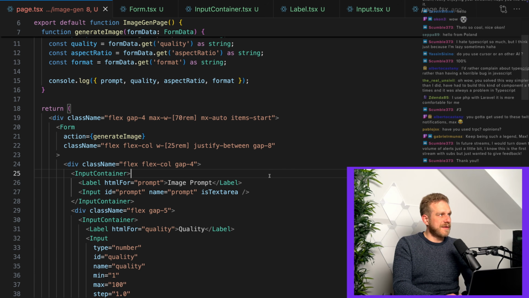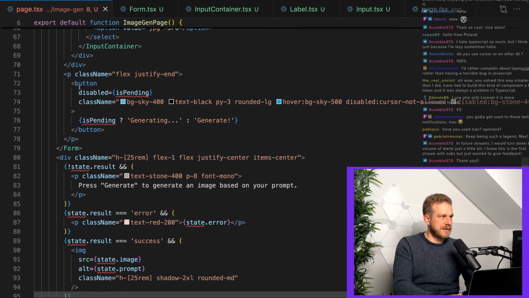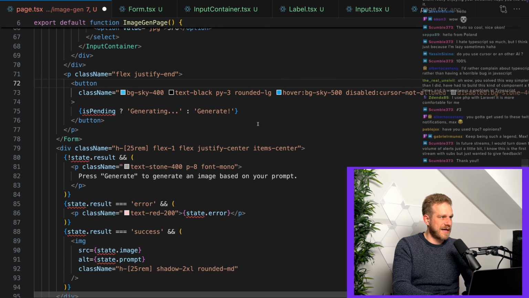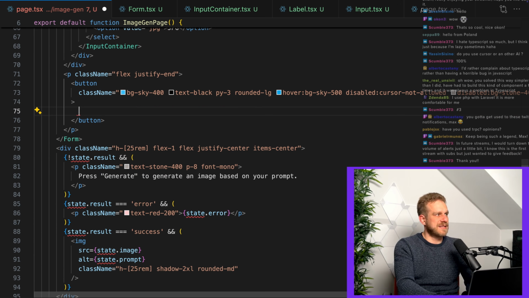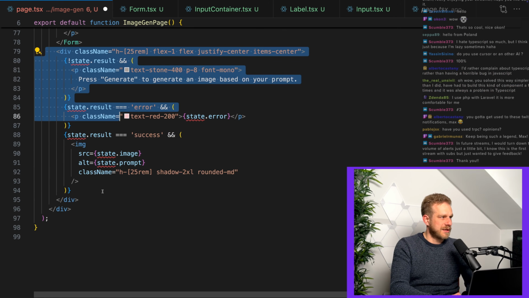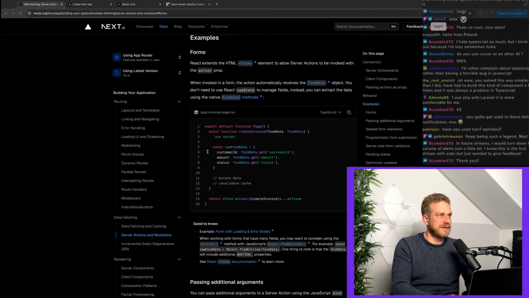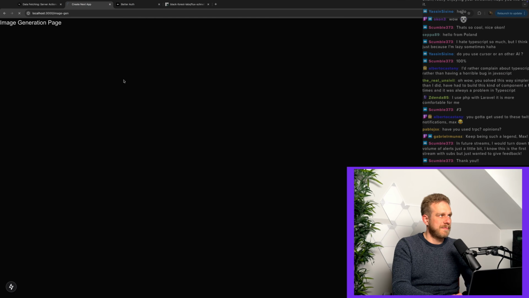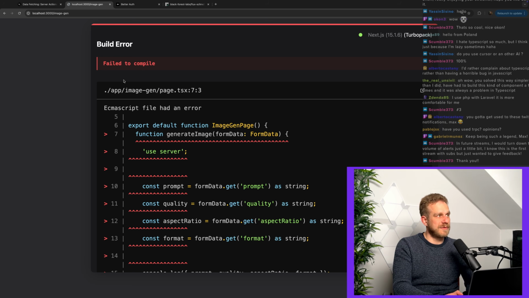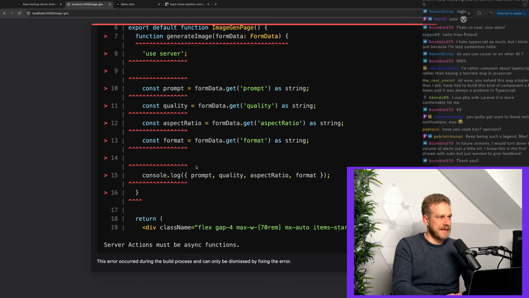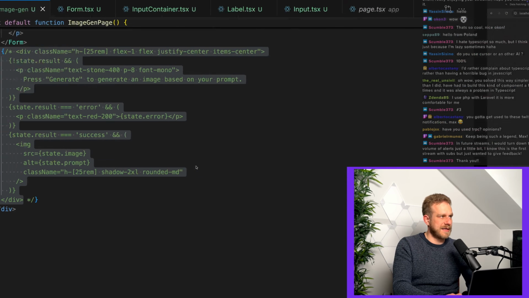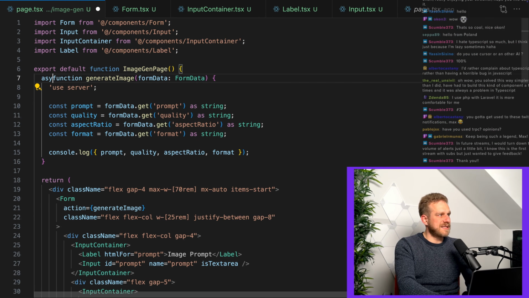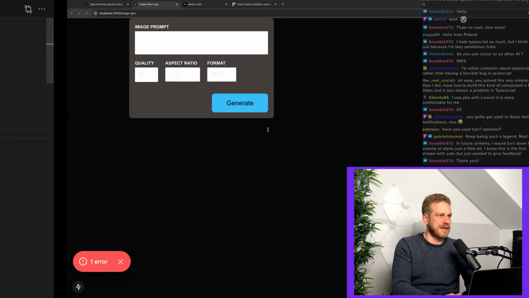Okay, so let's see if that works. Of course, for that, I first need to get rid of all these errors. So actually, let's get rid of that isPending stuff here. Let's just say, whoops, generate here as a caption and comment out all that stuff. And with that, back here, we should hopefully get our... ECMAScript file had an error. Server actions must be async functions. That is correct. We need them to be async,